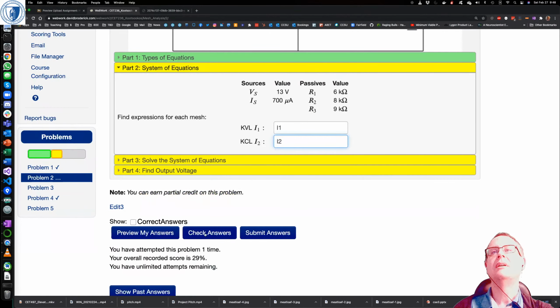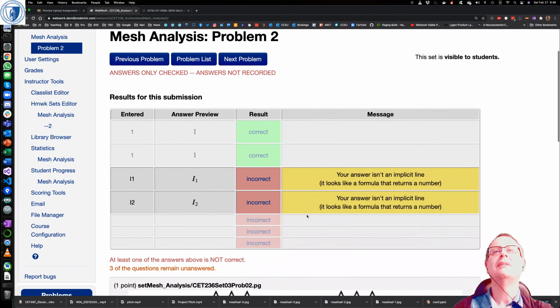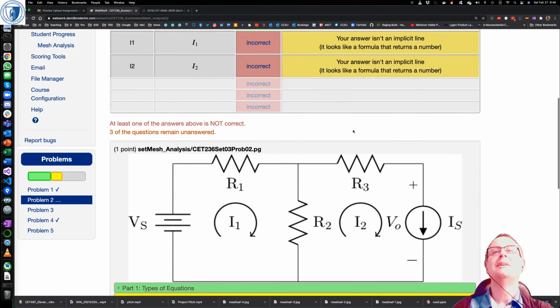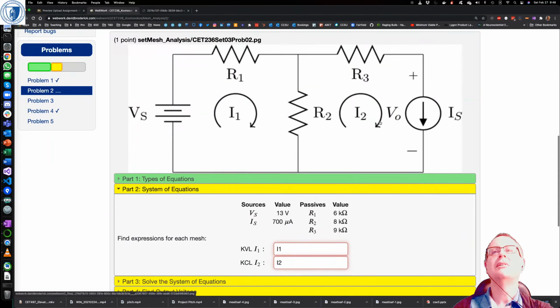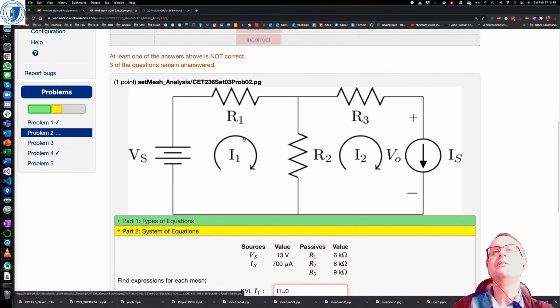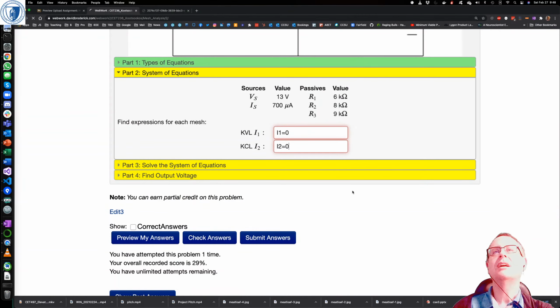And if I check my answers, it'll come up with some suggestions, and it'll highlight these in red if they're wrong, right? And maybe it wanted an equation in there, right? And they're the wrong equations, right? You can check answers again,